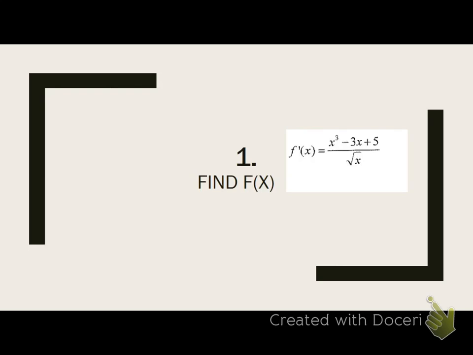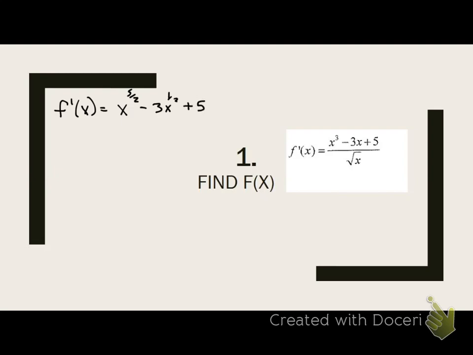So we need to first rewrite this function. I'll try to do this up here in the left-hand corner. So f prime of x, let's get this rewritten. I know some of you are going to be ahead of me because I'm trying to write on my iPad here. That would be x. So let's see, 3 minus a half would be 2.5. So x raised to the 5 halves minus 3x to a half